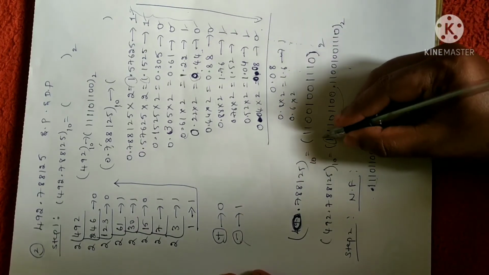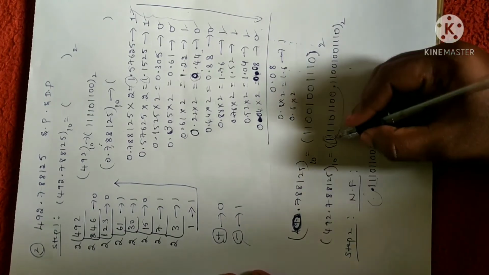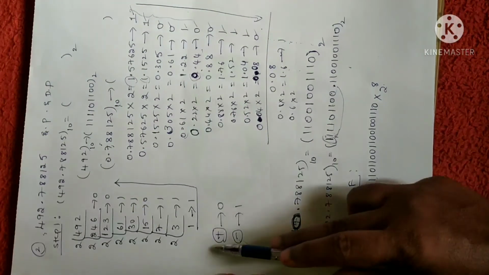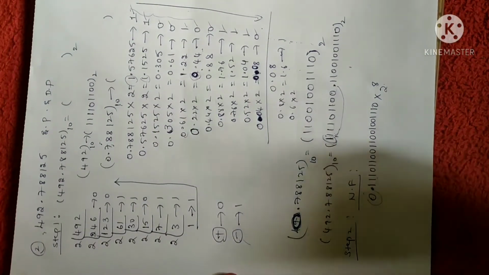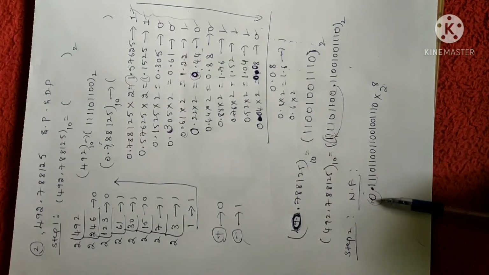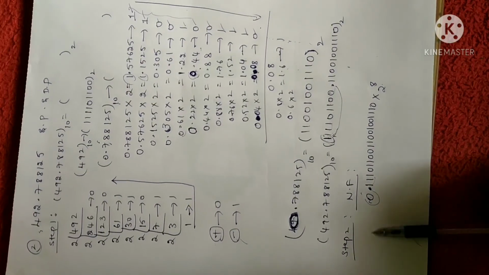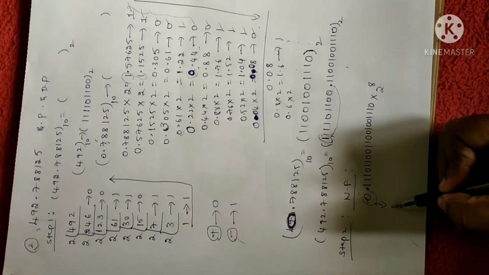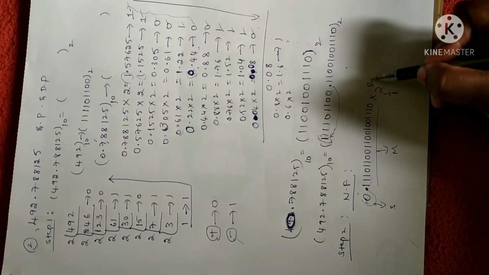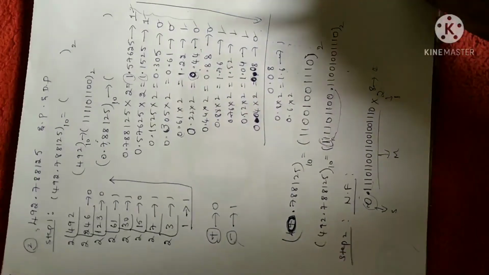Now the sign representation value I have to write. Since in the given problem it is a positive sign, when you have positive you have to put 0 here. Clear? As I told you a number of times, when you have a positive sign you have to put 0 here. When you have a negative sign you have to write 1 there. Clear? So this is what I have obtained. This represents the sign convention and this represents the mantissa. This is the base and this is the exponent, as I said in the previous problem also.